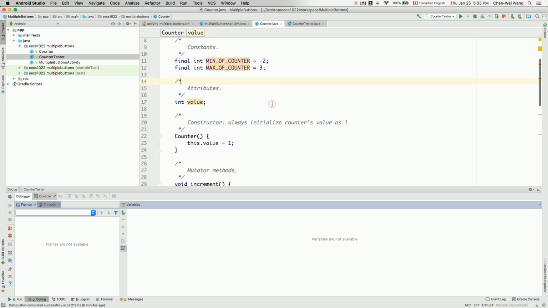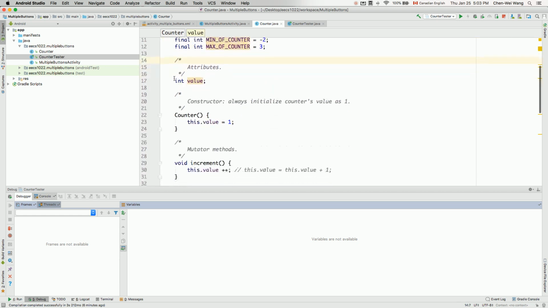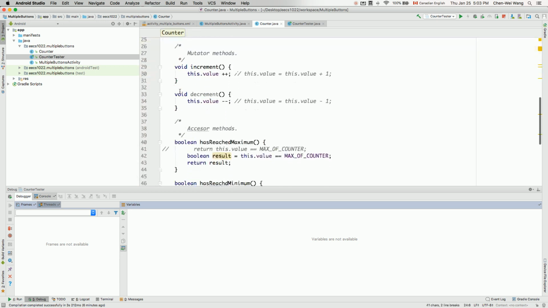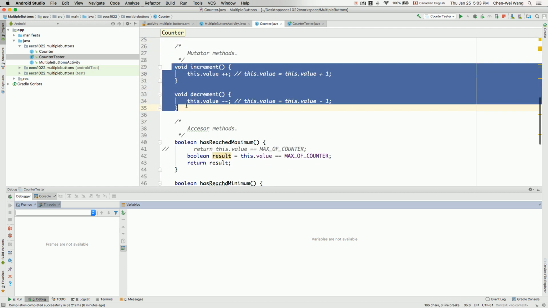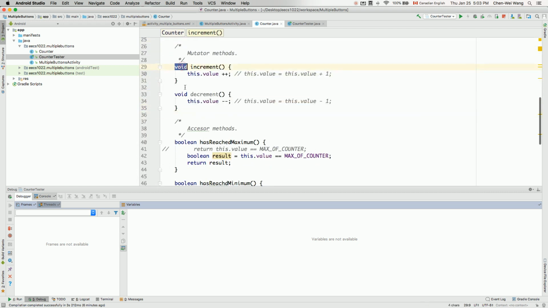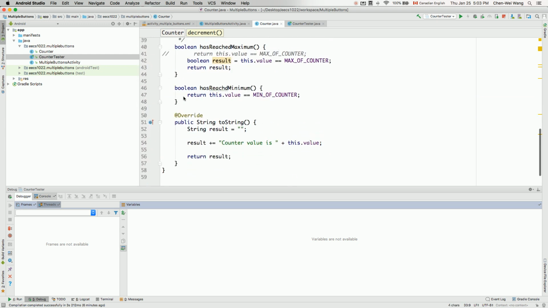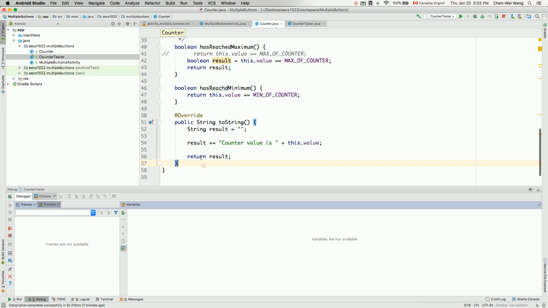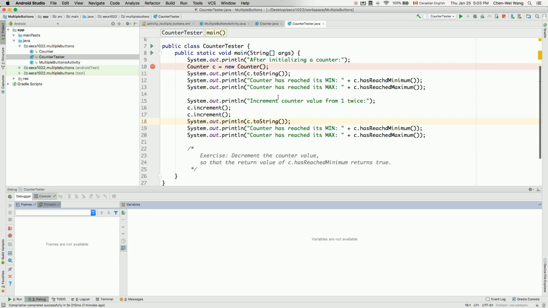So we have these two constants here, and also this attribute over here, and then we have our constructor. We have 2 mutators which will modify the values of the attributes, and that's why they return just void. We also have 3 accessor methods which do not return void; they return something, so it can be Boolean type or String type. That's the model class we have developed, and we also show a tester over here to see how you can create